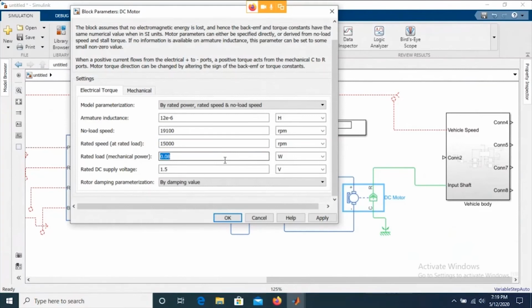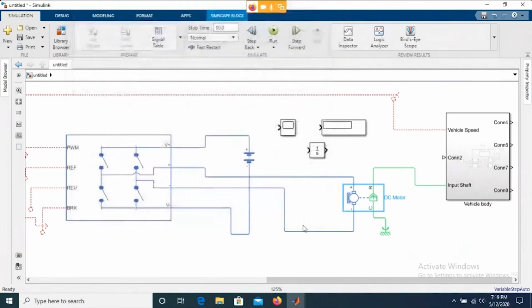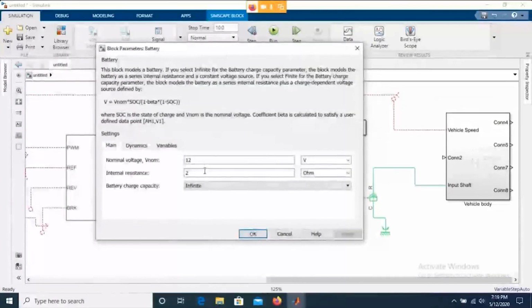This is basically a very low power motor, as it is the default Simulink connection or default values. So you need to change a lot of things over here and then convert this into an EV motor. Now convert this battery into an EV battery where, let's say, your system voltage is 300 volt or 400 volt, right? Usually in a car, high voltage batteries are preferred. Some cars are also available with low voltage. So if you want to run your simulation with low voltage, you can keep it as 48 volt or 72 volt or 100 volt. But it's up to your choice, right?